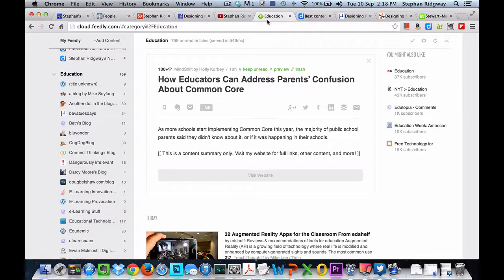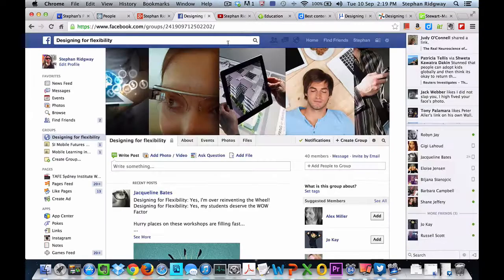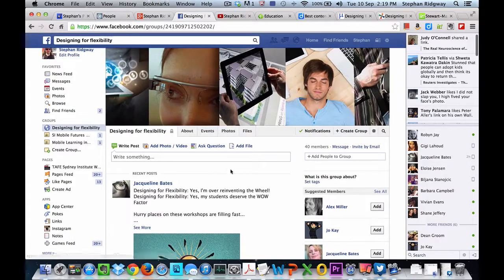So let's have a look now about making sense of this content, and once you've found useful information, what do you do with it? Well, this is about being a member of a community. The communities that I'm particularly part of these days are in Facebook, and as you know, we have a Designing for Flexibility group, and that is a Facebook group that really is just a boundary around what we're doing